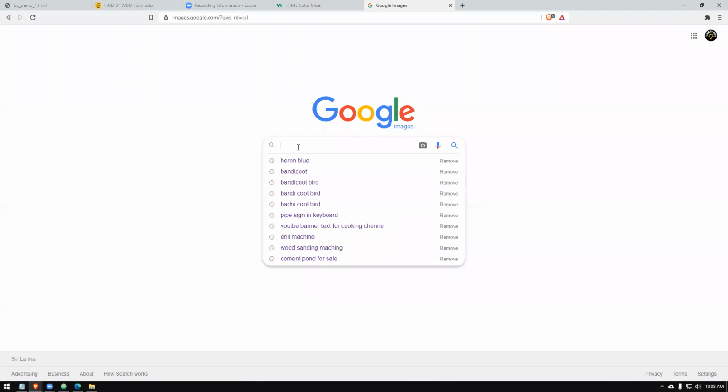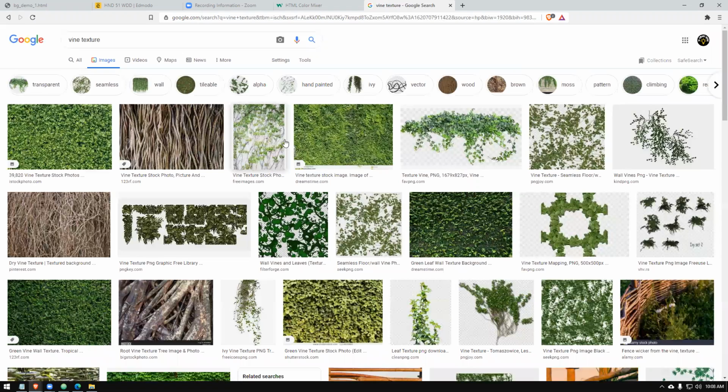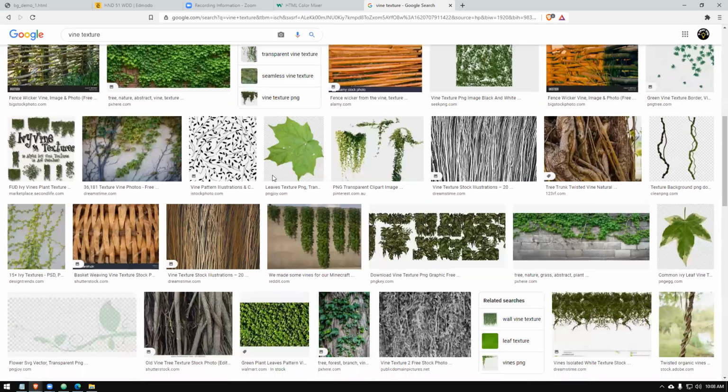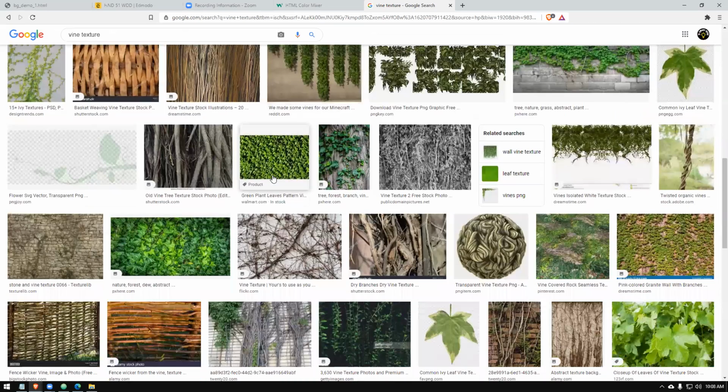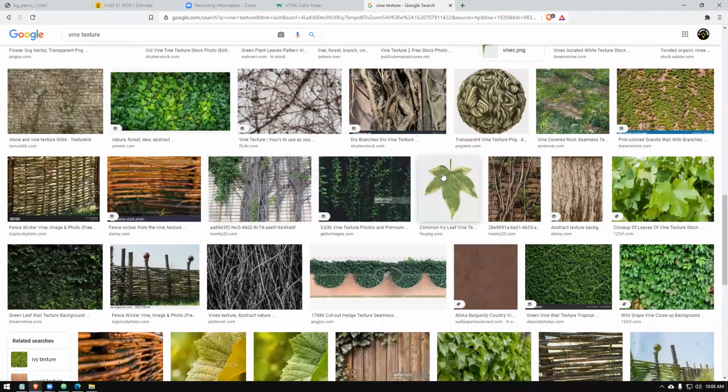Let's take a wine texture like this. Just take a picture like this. That's the reason why I'm taking a photo like this. That's a PNG image, by the way.